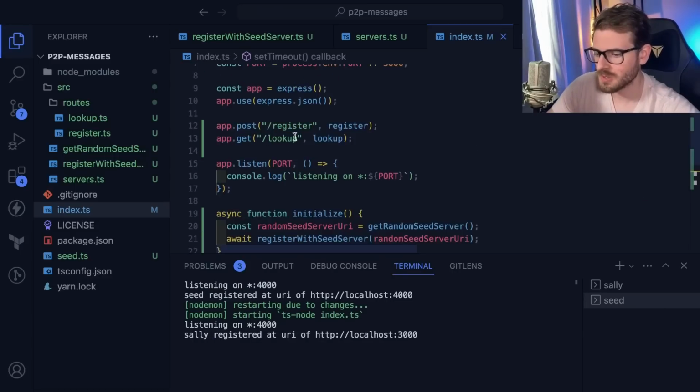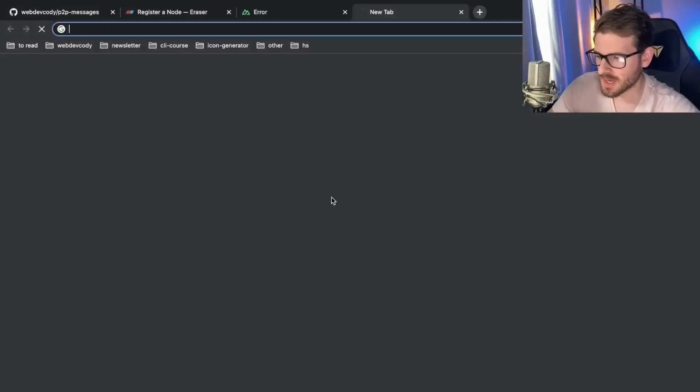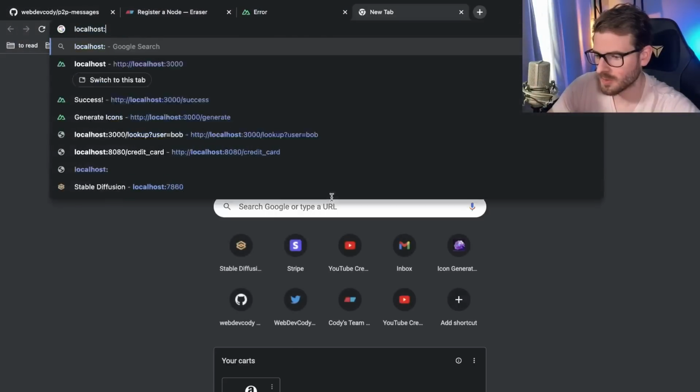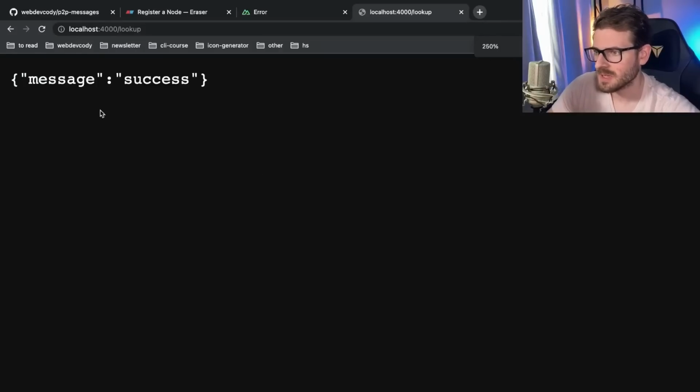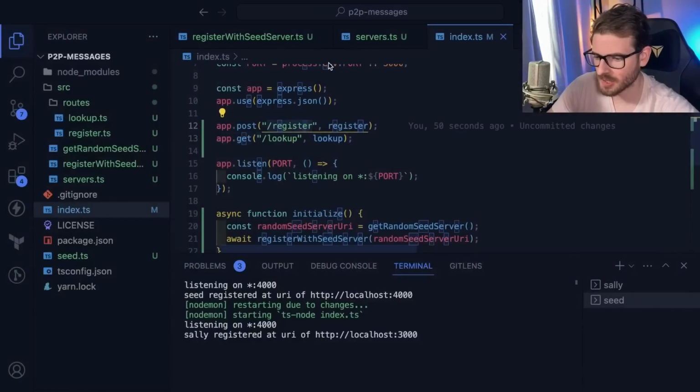So again, what we're trying to do is, can we do a lookup request on one of these machines? So let's just go to localhost 3000 or 4000. I'll say /lookup, and we get back a message of success. Okay, so we know the endpoint works, but we actually need to add a little bit of logic to make